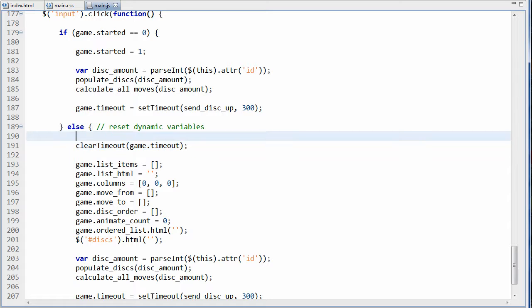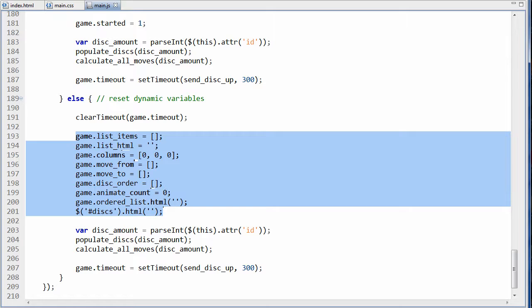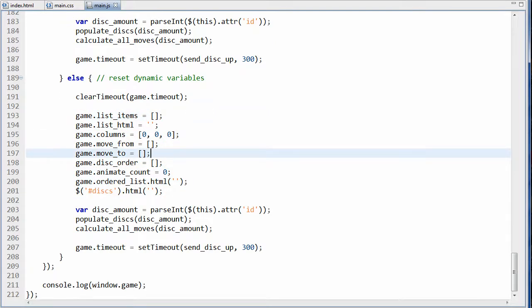So first thing we do is clear the timeout, and then we reset all of these values to what they were initially, and then after that same old thing. So for our disk amount, this is the same. Populate the disks, calculate all the moves, and then we're setting game.timeout